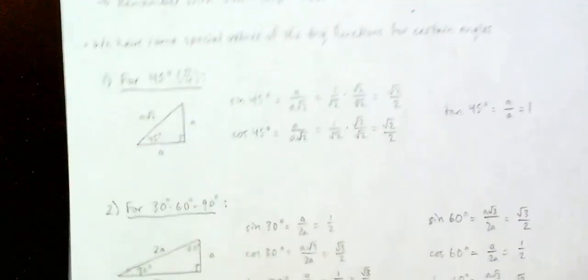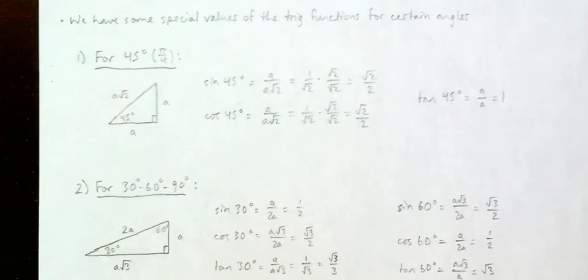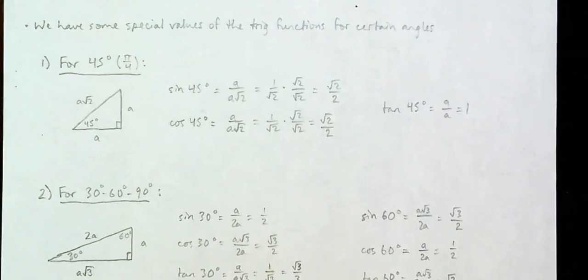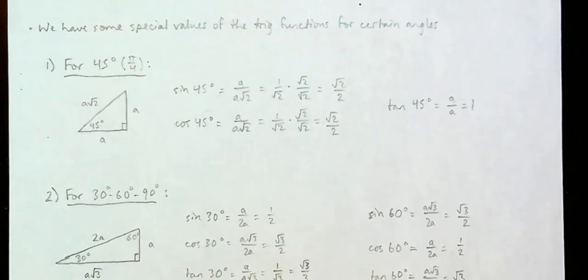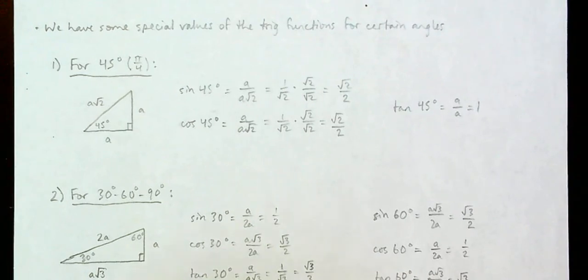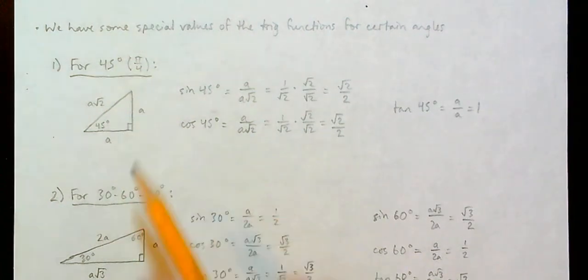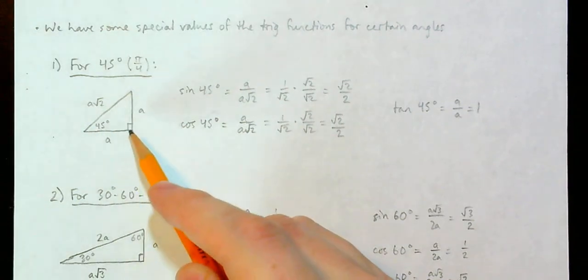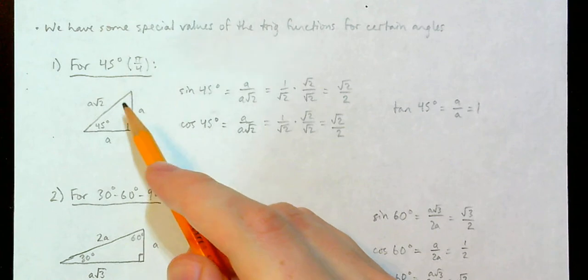Well, some right triangles are special. And when we have these special right triangles, we have, I put "nice" in air quotes because they're not actually the nicest looking things in most cases, but in the world of trig functions and values of trig functions, they are the nice values. First one here, if your two angles that are not your right angle are both 45,